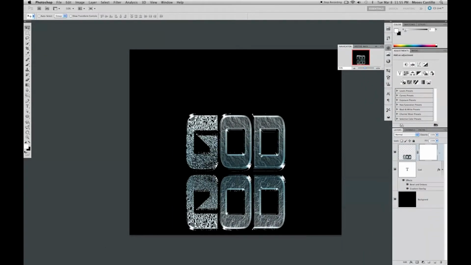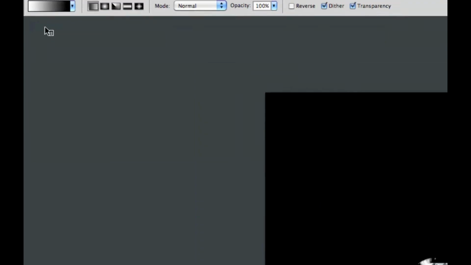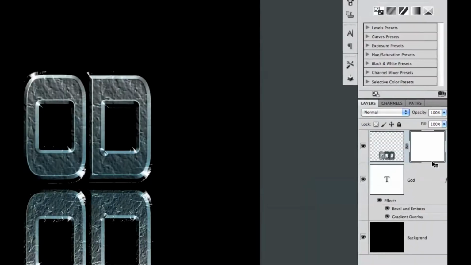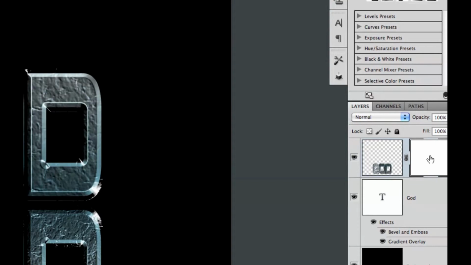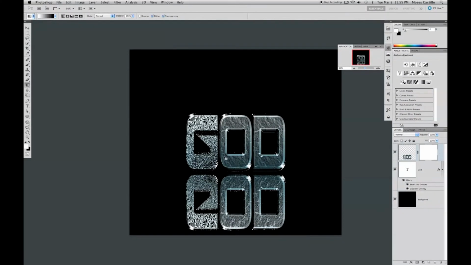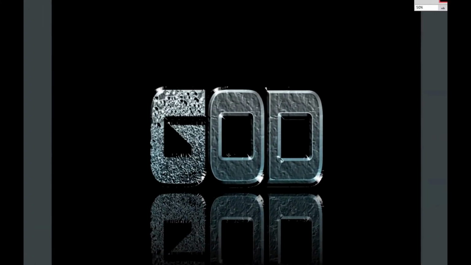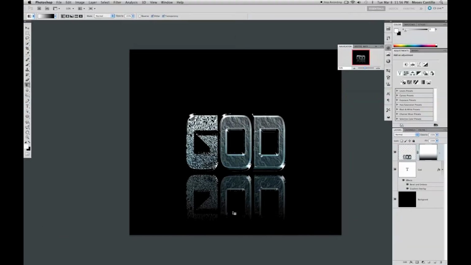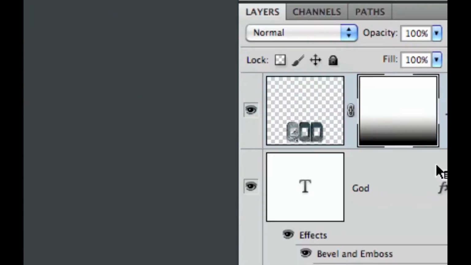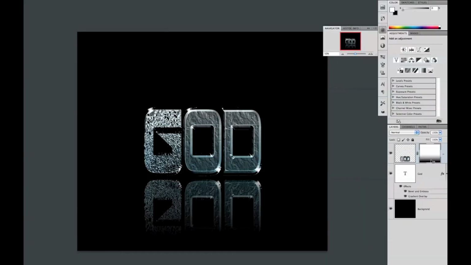So we need to make sure that over here our colors are black and white. We're going to go up to our gradient tool, so select that. Alright, and as you can see up here, black and white. Now, having our layer mask selected, go to your text, click in the middle, or press shift, click, drag down, that'll help you line it and let go. And that is going to add white on the top and black on the bottom. Remember, black makes it disappear, so you can see right here it's black, and